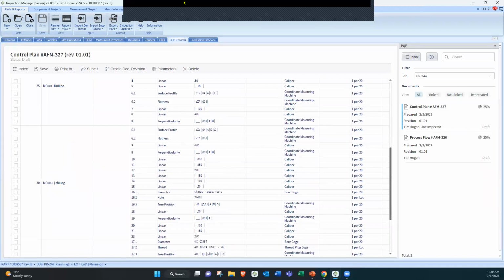Okay, let's take a look. The first question that came in says, can you show the AS9145 index of PPAP deliverables? Oh, sure. That's a great question. So the AS9145, let's,